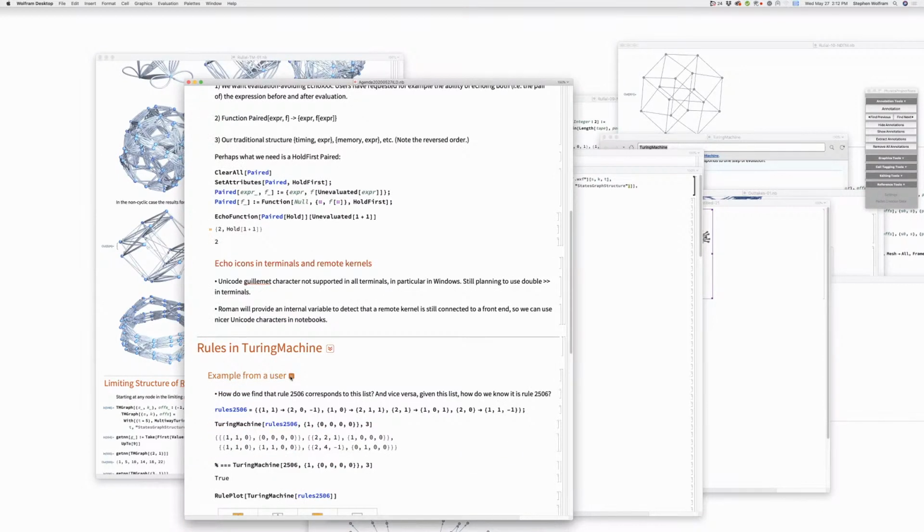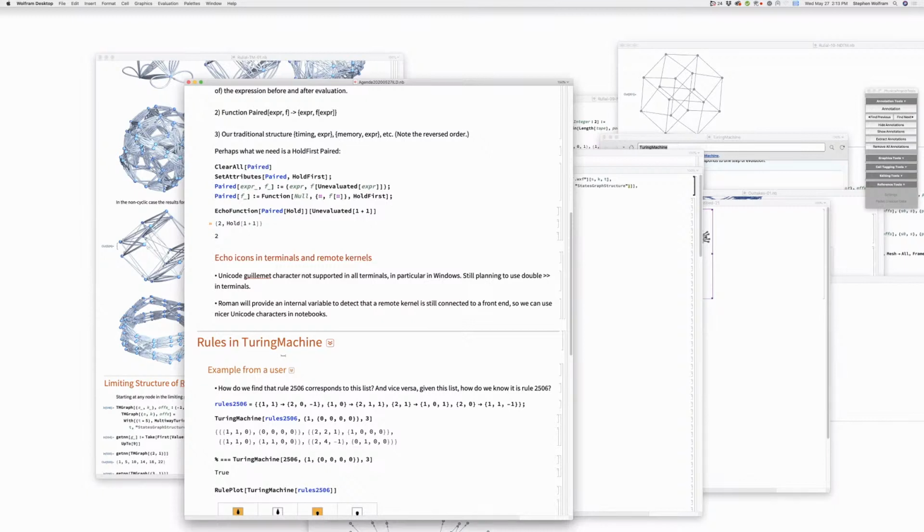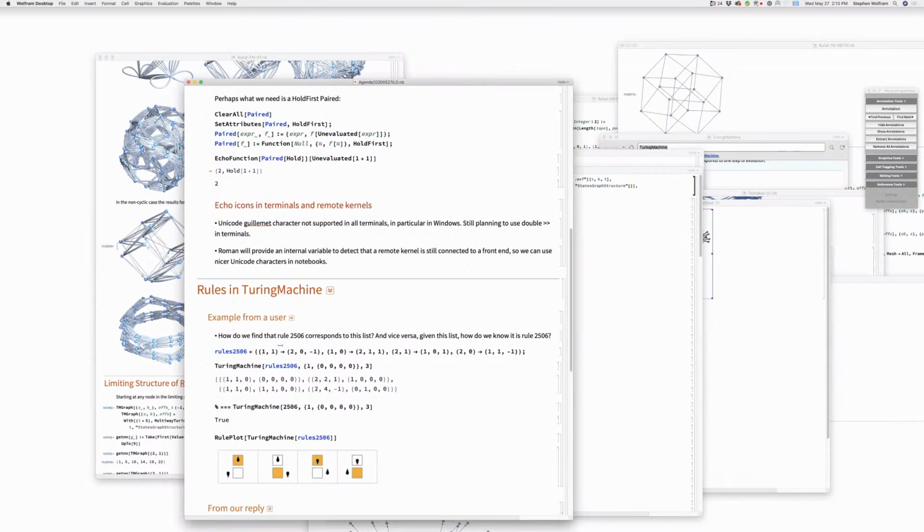Okay, so this is motivated by an email from a user. Let's make a Function Repository function for this. I don't think we should canonicalize. Wait a minute, is this really true? Oh, I see. Yeah. Right. So I think we should just make this a Function Repository function that finds the canonical form of a Turing machine rule,